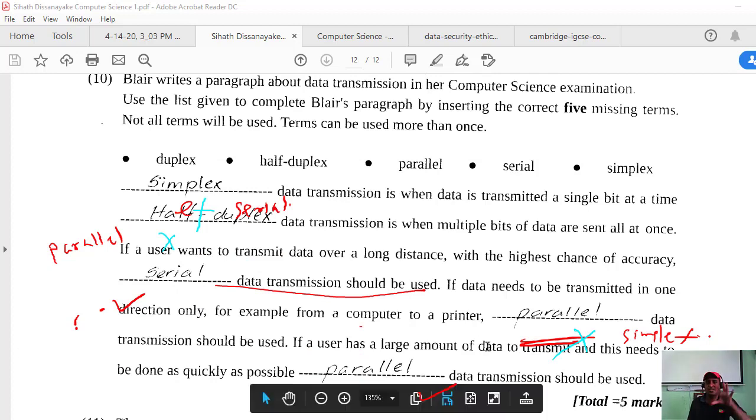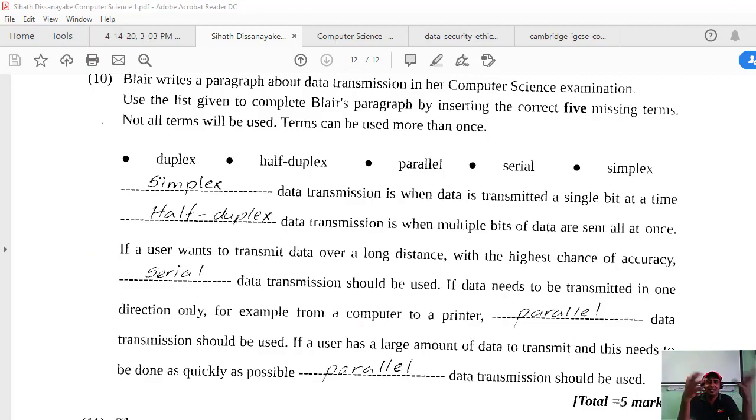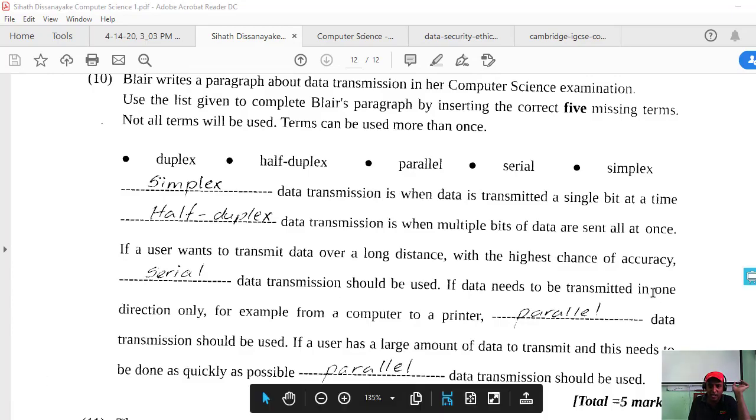You can't make these mistakes, they're very simple. These concepts are all similar, so there is only a very small difference. But anyway, for the examination purpose, you should know the exact difference. For example, simplex should be one direction only.